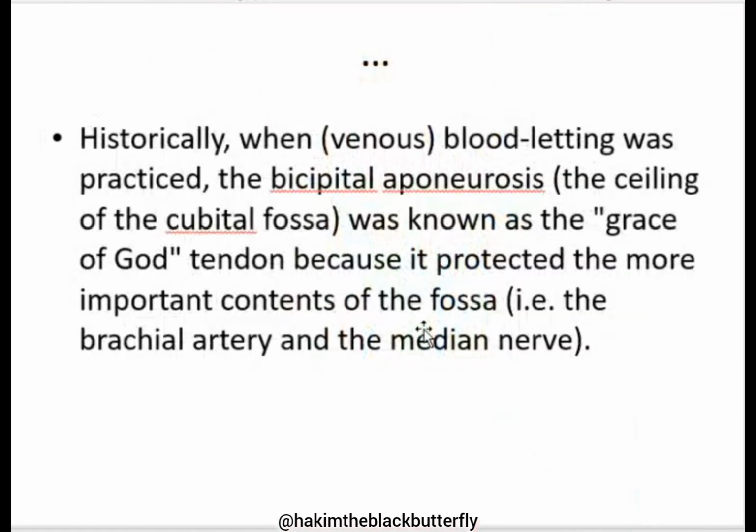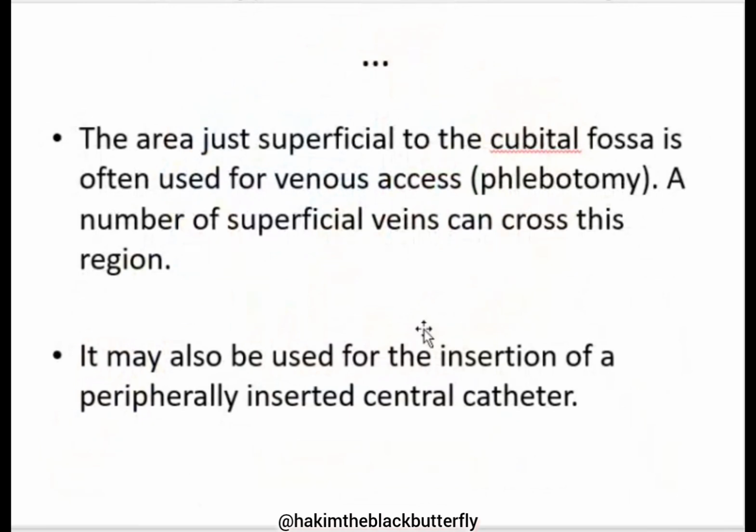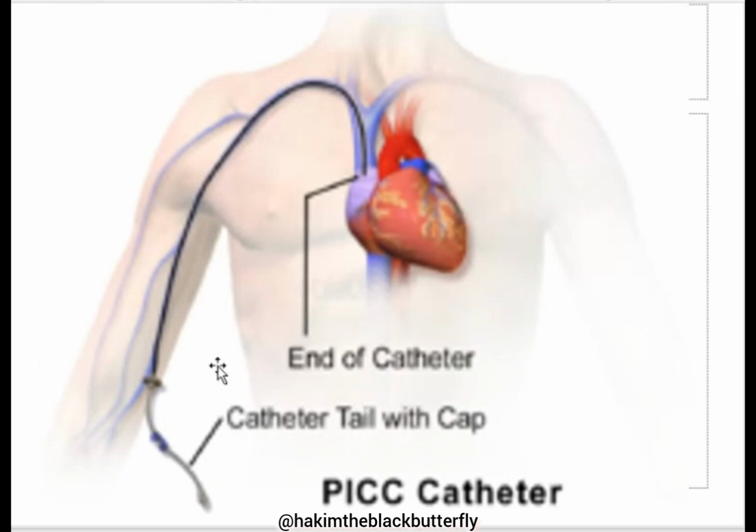So when we look at that clinical procedure known as phlebotomy, that is the puncture of blood vessels. For example, they can insert what we call a central catheter and navigate it up through this vein. This vein is known as a basilic vein. It is in the roof of the cubital fossa. So they insert a central catheter within the basilic vein, and then navigate up until the catheter reaches the axillary vein, then the brachiocephalic vein, the superior vena cava, until it reaches the right atrium